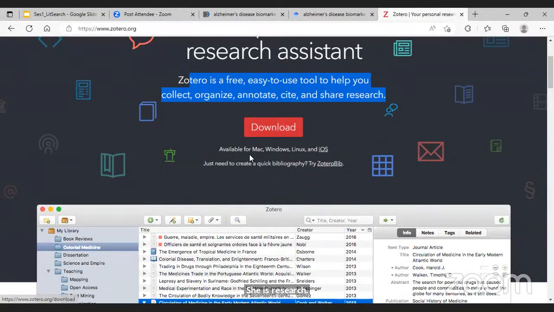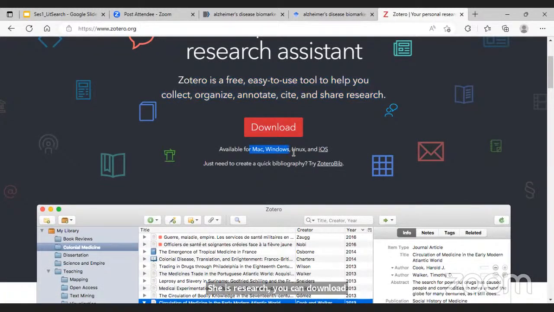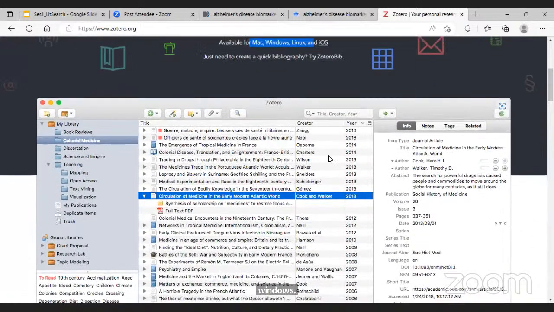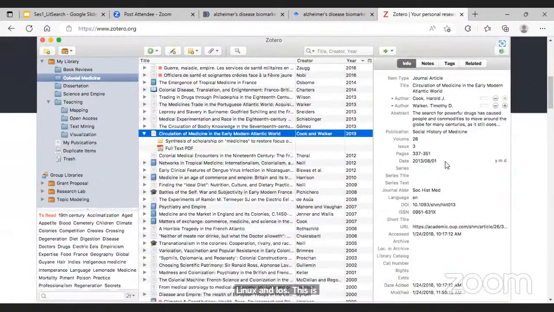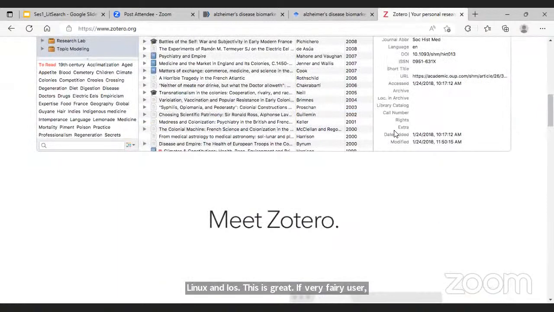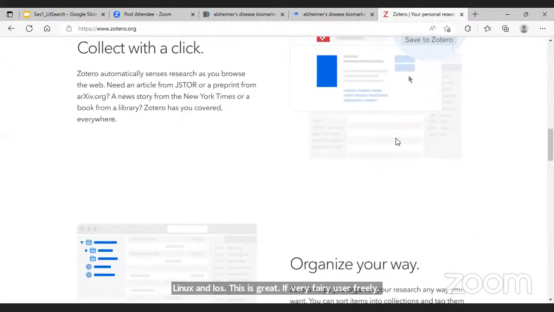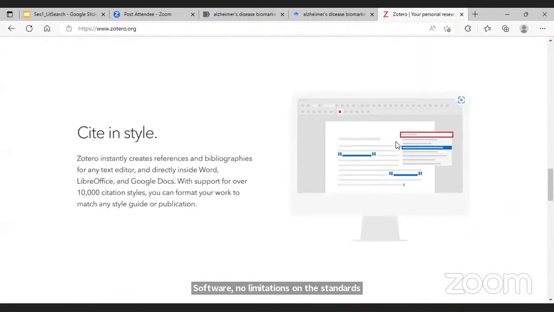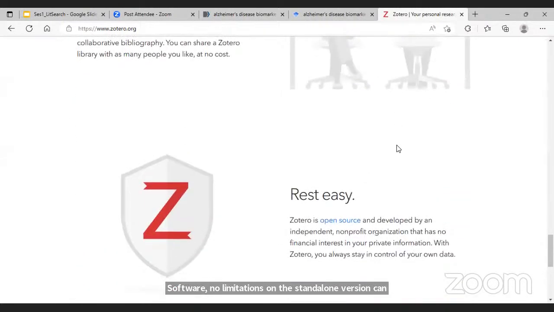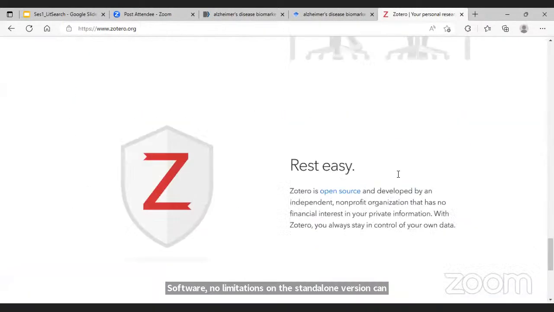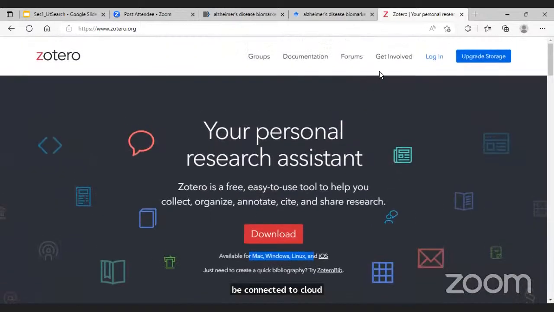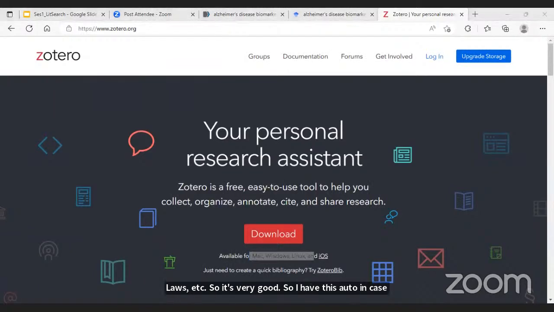You can download it. Available for Mac, Windows, Linux, and iOS. This is great. A very user-friendly software. No limitations on the standalone version. Can be connected to cloud. No worries about the data loss, etc. So it's very good. So I have this Zotero in place, and what I will do, I will go to,